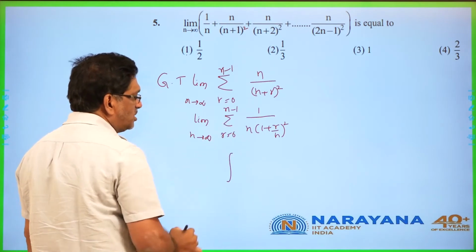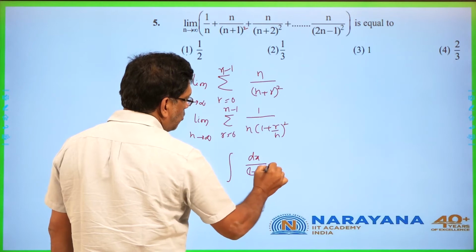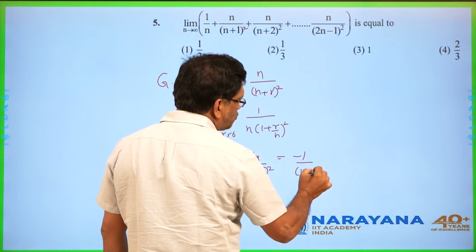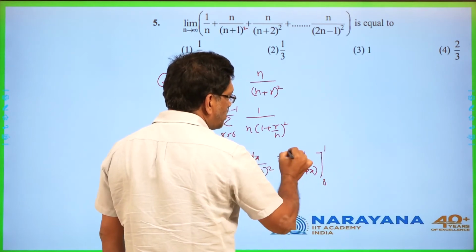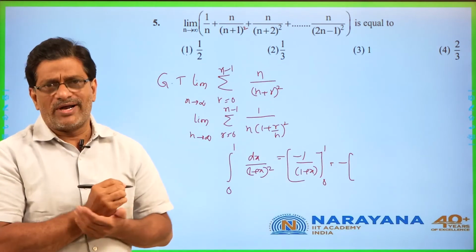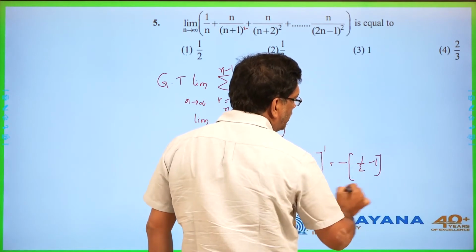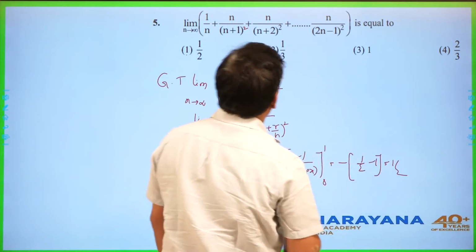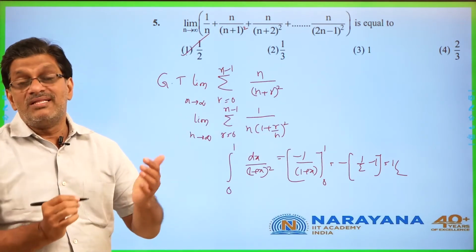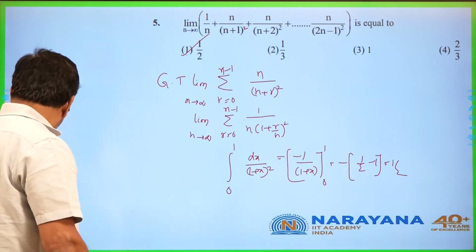Now, summation with the integration 1 by n becomes dx by (1 plus x) whole square. The integral of 1 by (1 plus x) whole square is minus 1 by (1 plus x). Limits are 0 to 1. So, take minus outside to avoid the confusion. The answer is 1 by 2, for lower limit it is 1, that is 1 by 2. Simple question from definite integrals. In the recent years, regularly they are giving it in the mains, right? Let us move on to the next question.